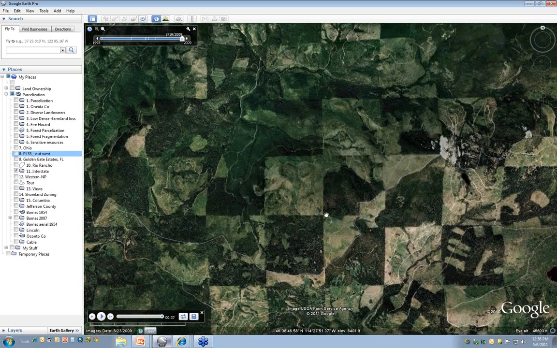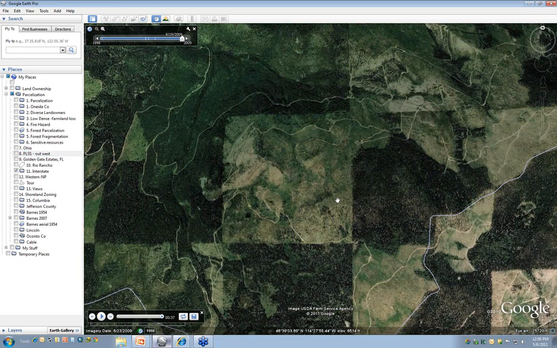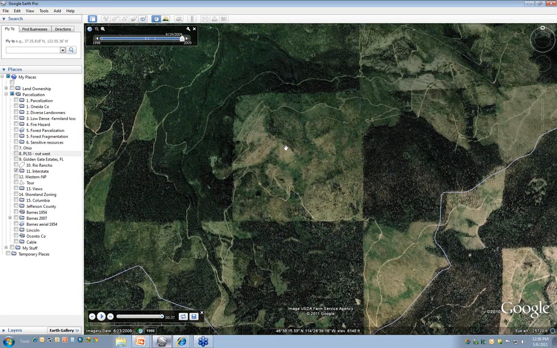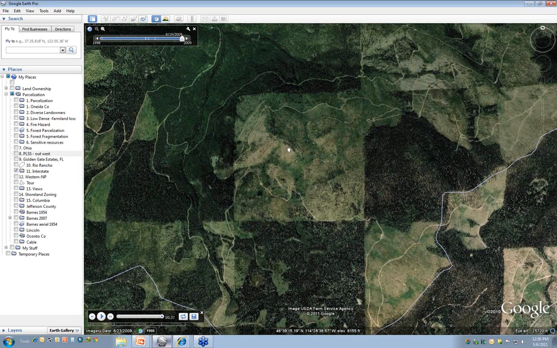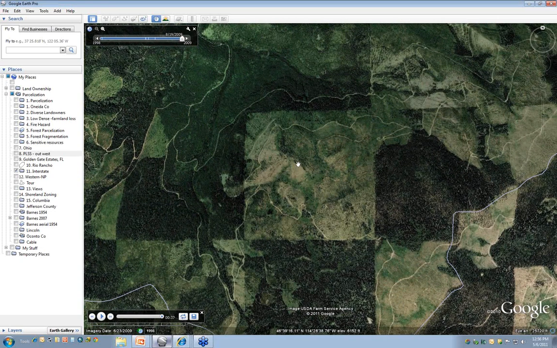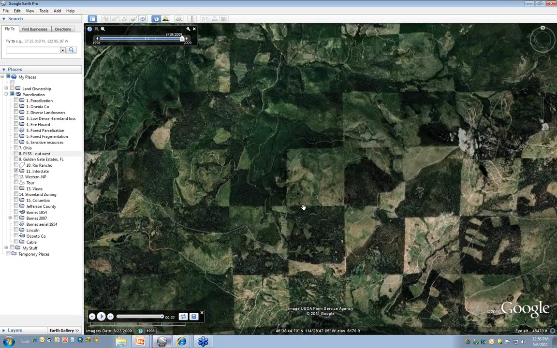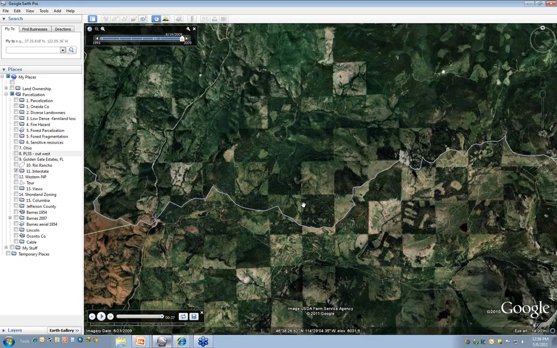The dark areas being mature forests that aren't necessarily logged. Those are government-held properties. And the lighter shades here, like in the center, are actively harvested areas by the private forest companies, and they're mostly clear-cut. And so from space, they have a distinct checkerboard pattern. Now this is evident all over the western United States.